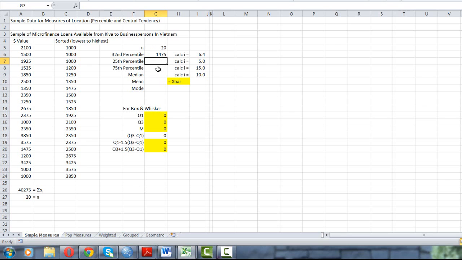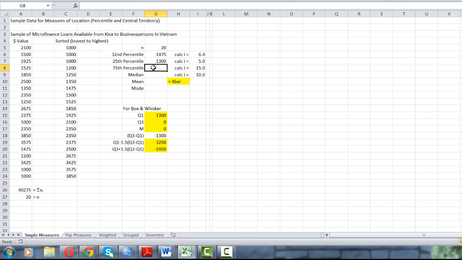The 25th and 75th percentiles, those are the first and third quartiles. And so we're looking at the 5th data point. Well, if you recall, again from the notes and Grosvenor, if you have an integer here, you're going to take that integer plus the next integer and take the average. So 1, 2, 3, 4, 5. So we're going to take this 5th value and this 6th value and take the average. One, 2, 3, 4, 5. Make sure I get it right here. Okay, so 1,300,